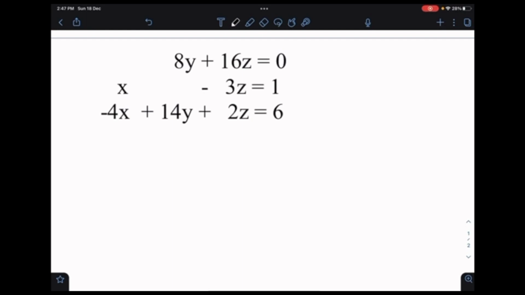A matrix is a rectangular array of numbers. In other words, numbers are grouped into rows and columns. We use matrices to represent and solve systems of linear equations. For example, the system of equations can be represented by what is called an augmented matrix. The augmented matrix can be written in the form of